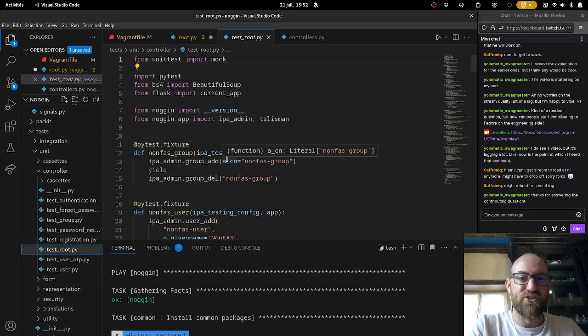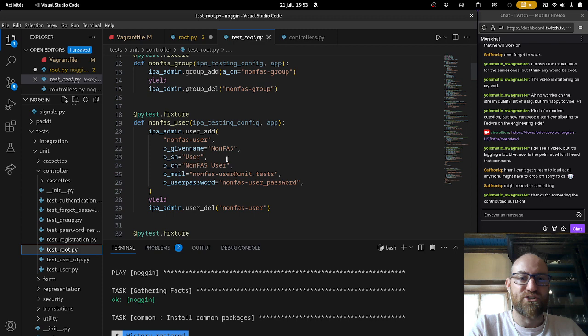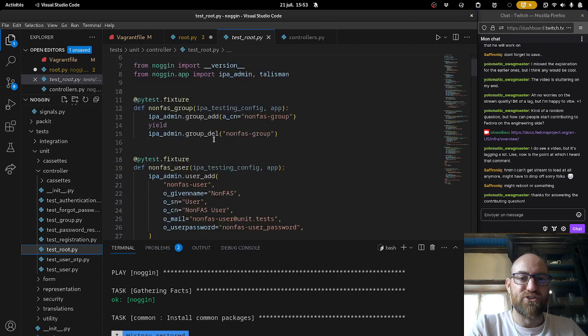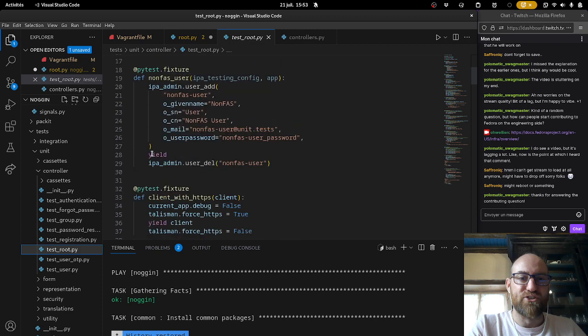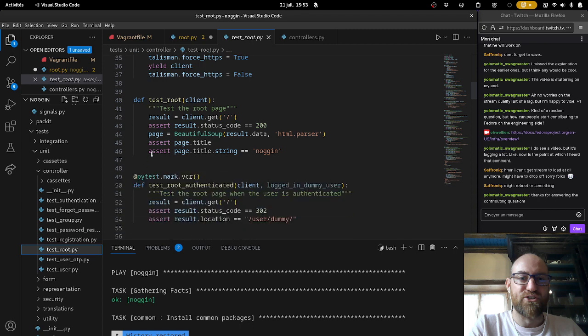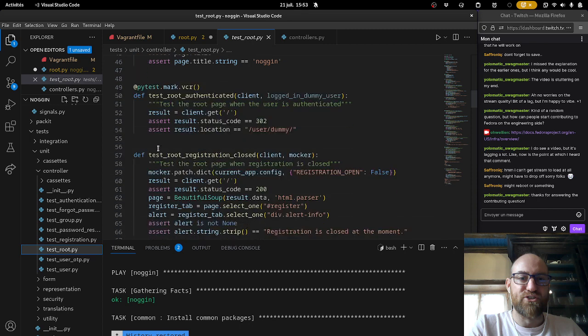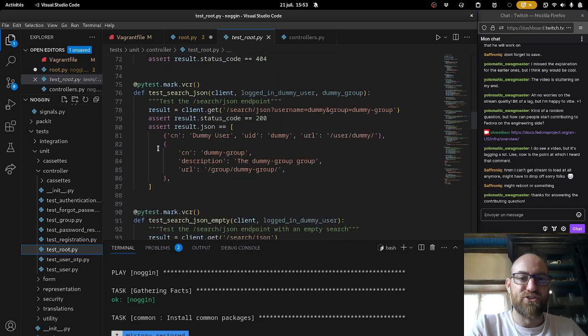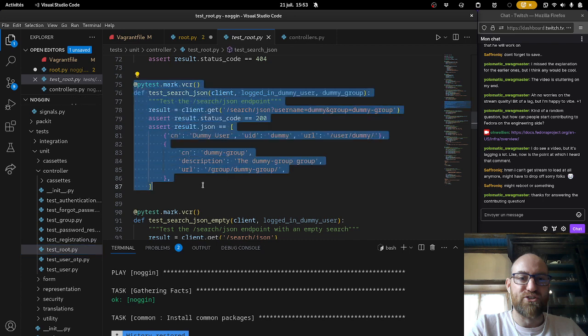Cool. How does this work? Okay, we have a fast user, we have fixtures here, test root, okay, registration closed, search JSON. Search JSON is pretty cool, actually. Yep. You know what? Let's use that.